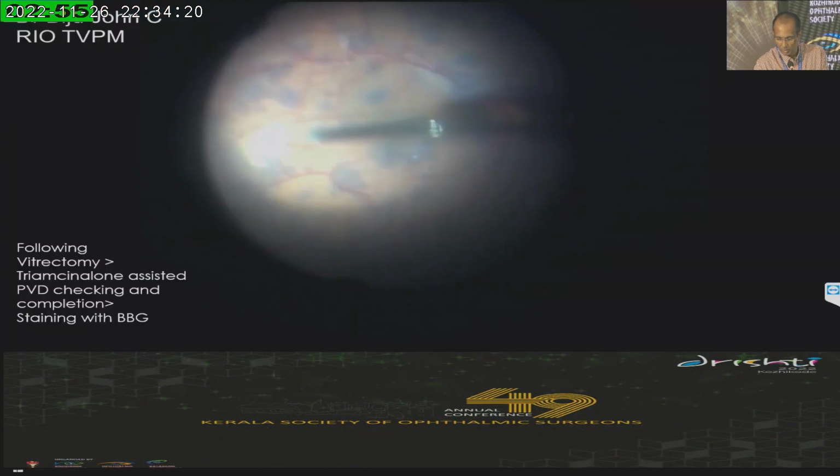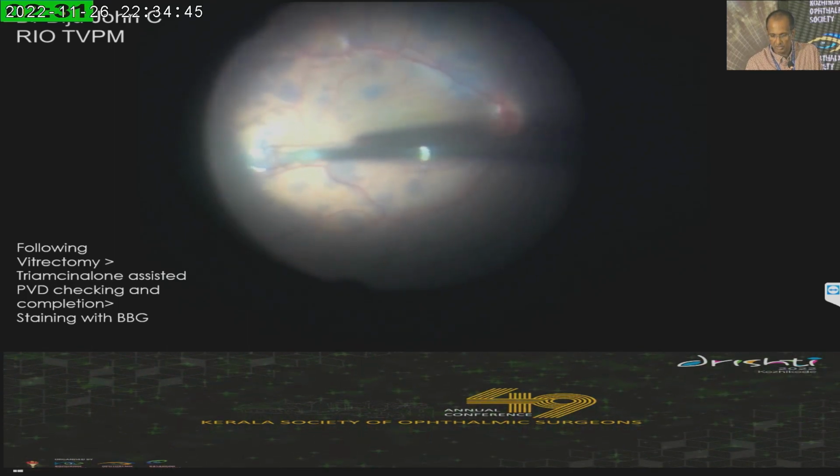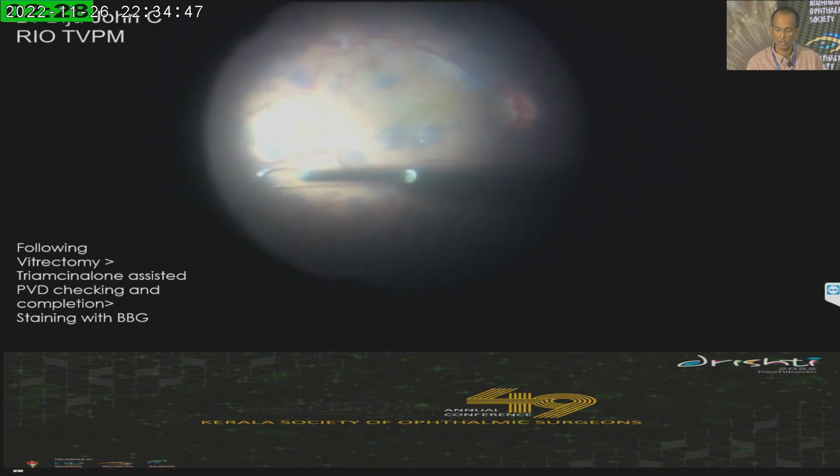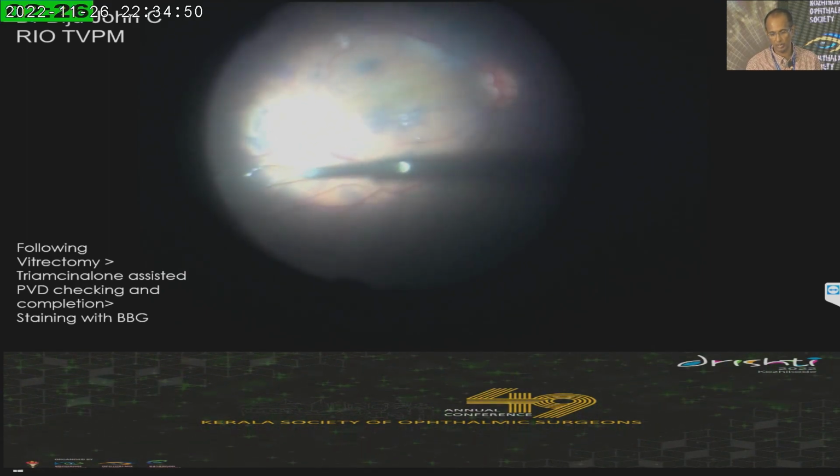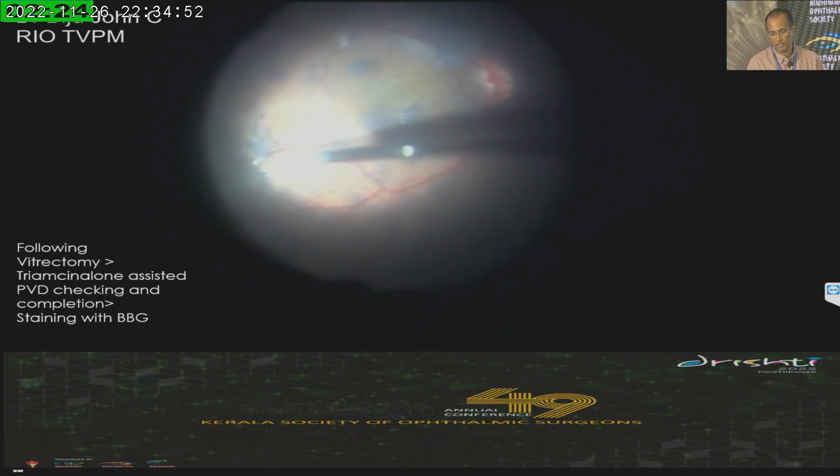So the basic procedure which I am generally doing is that initially I complete the vitrectomy, core vitrectomy, then use the triamcinolone to check for the PVD, to make sure that the PVD is complete. If the PVD is not complete, induce the PVD, then stain the ILM with brilliant blue-green under air, and after staining I generally start an ILM peel from an area where there is no ERM, that is much beyond the ERM,